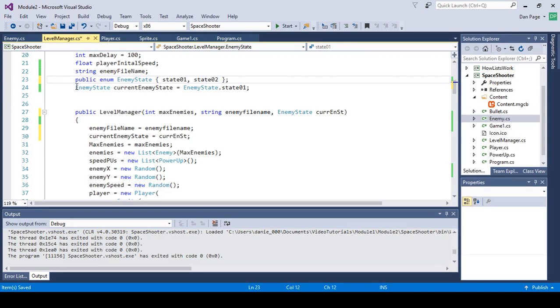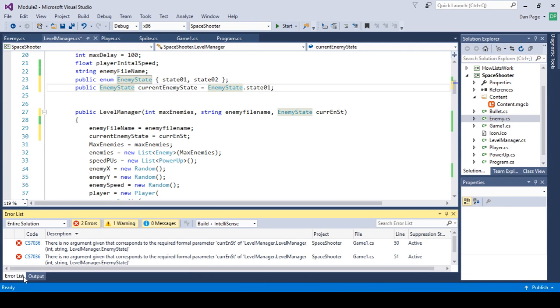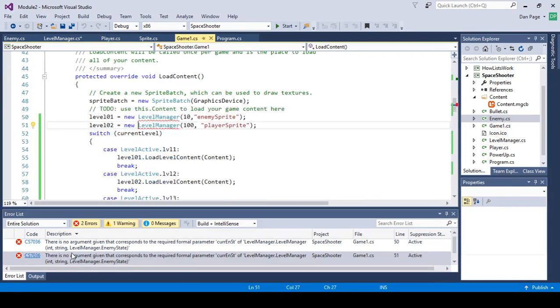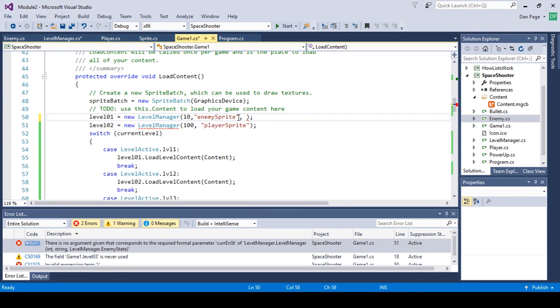And I can't have one public and one private. Now these are asking for a state. So hit comma, space, LevelManager.EnemyState.State1